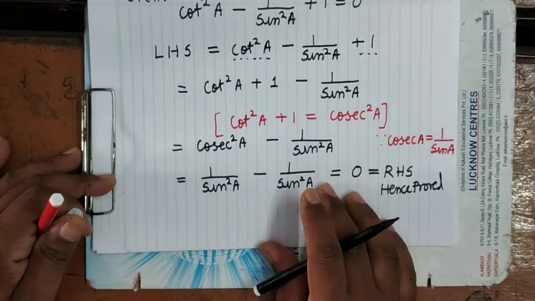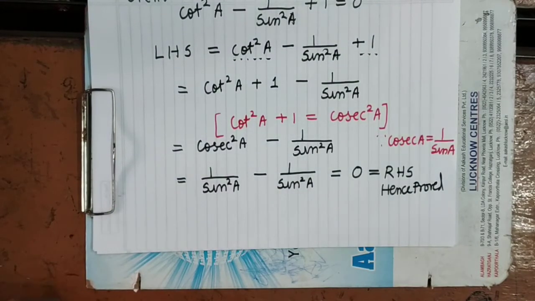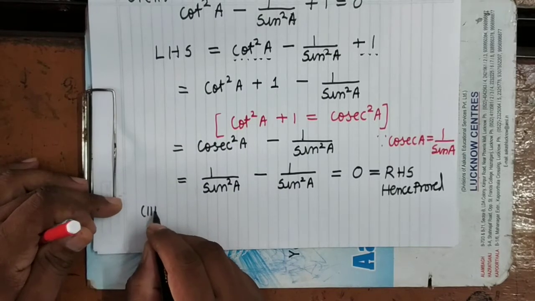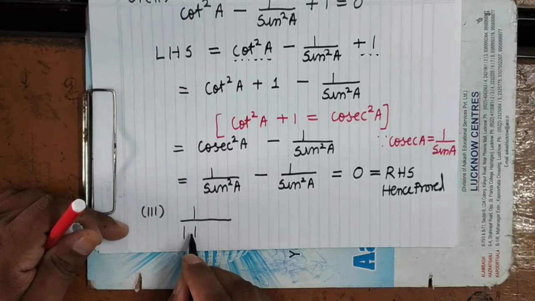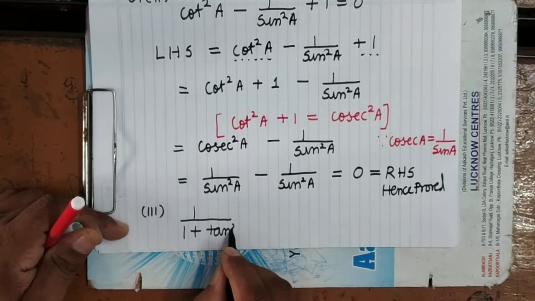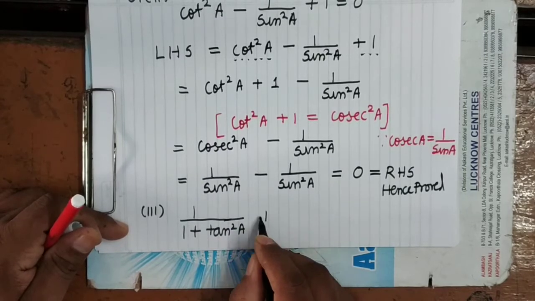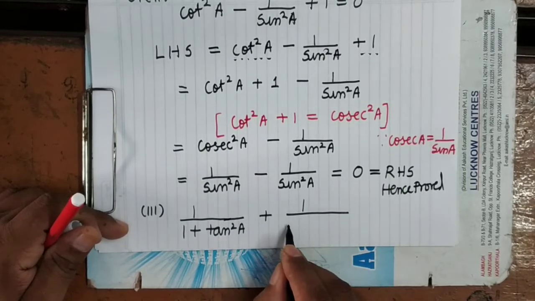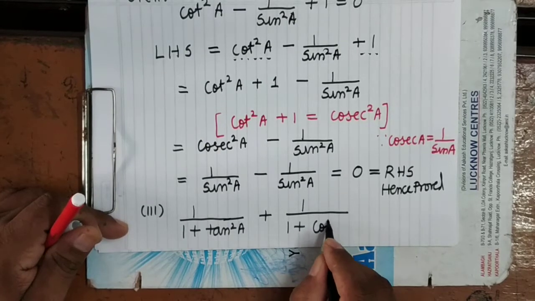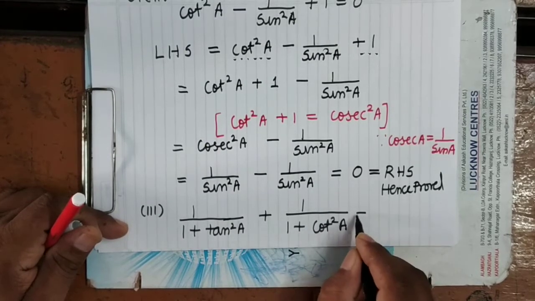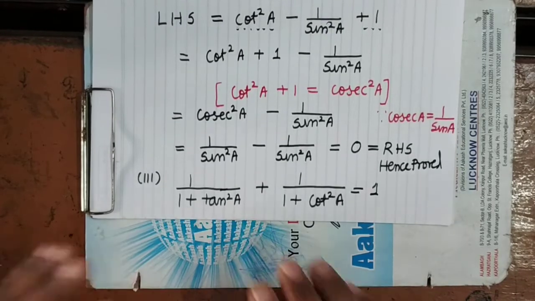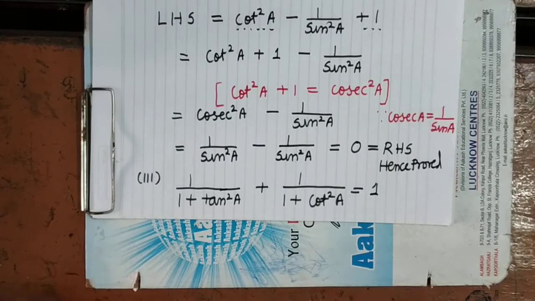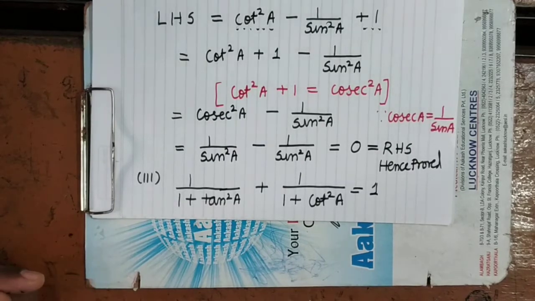Now there is one more that I will not do. I am just explaining. It is clear. In that, identities will apply, but I will not do that question. That is left for you. 1 plus tan square A plus 1 upon 1 plus cot square A. Now in this question all the three identities will be used, and if you see the question carefully, you can tell that 1 plus tan square A will be equal to what?